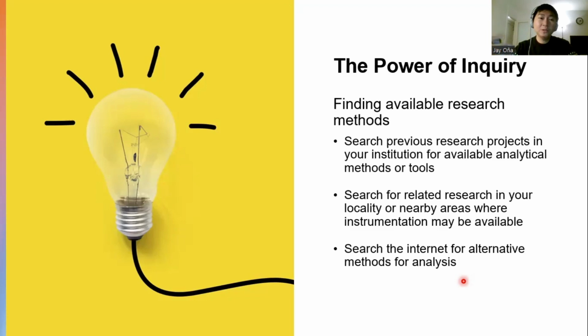They only need to assist you with that technique or analytical method. So let's not underestimate the power of inquiry. So the third line of defense that I put here is that if these two fail for you, then probably you can search the internet for alternative methods for analysis that you can